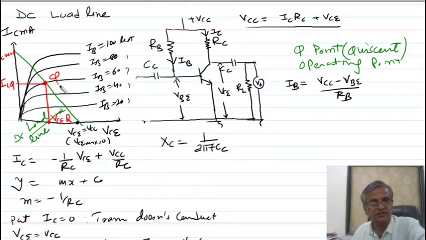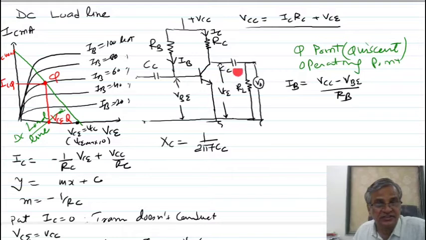So Q point means operating point. This represents at which value of collector current and collector voltage this transistor is operated. What is the DC base current, the DC collector current, the DC collector emitter voltage when the AC input is not given. When you give the AC input, this Q point will move in the active region of the load line. This is the saturation point, this is the cutoff point, this is the linear region, this is the saturation region, this is the cutoff region, this is the active region.